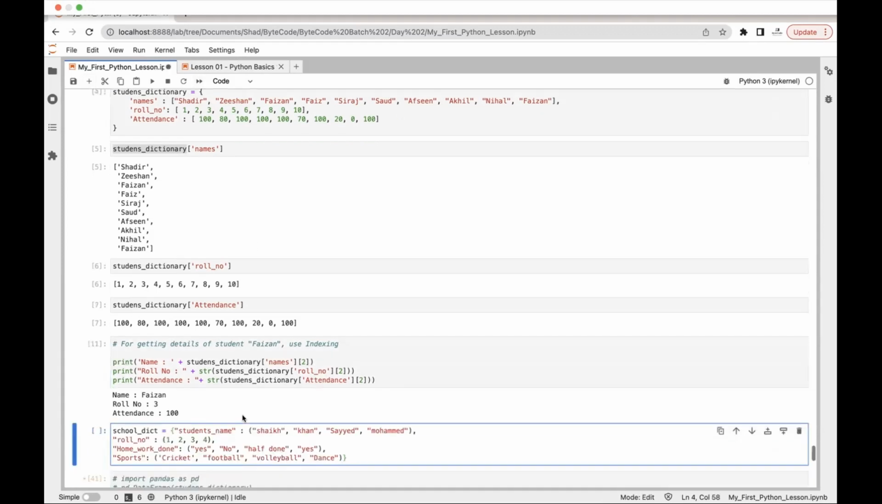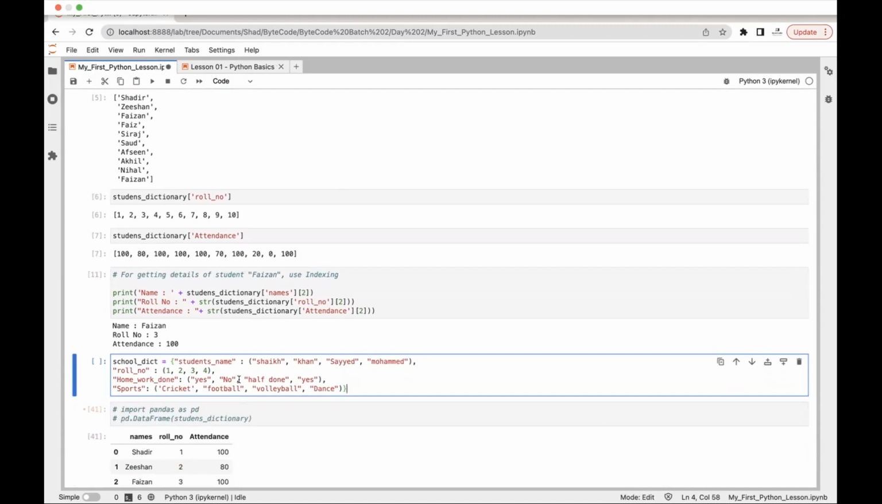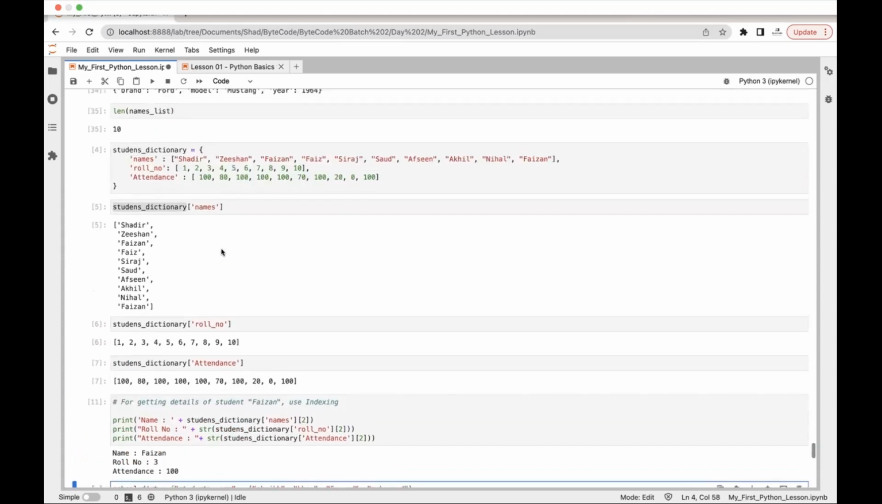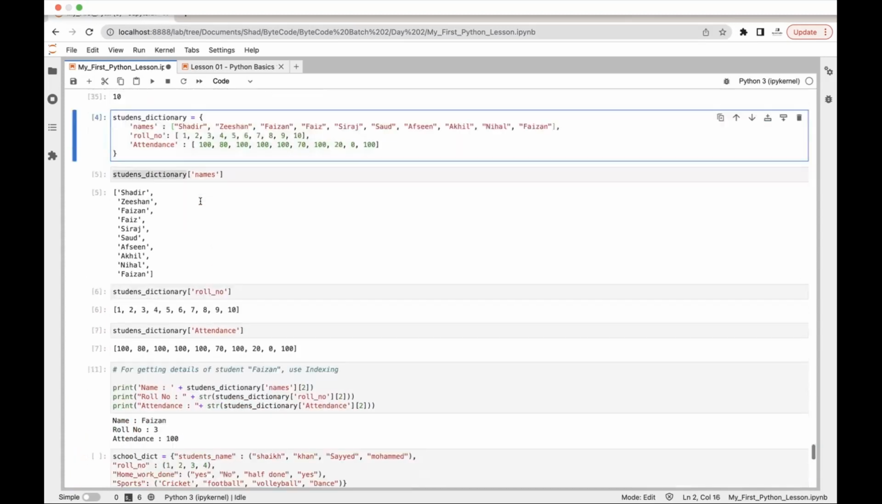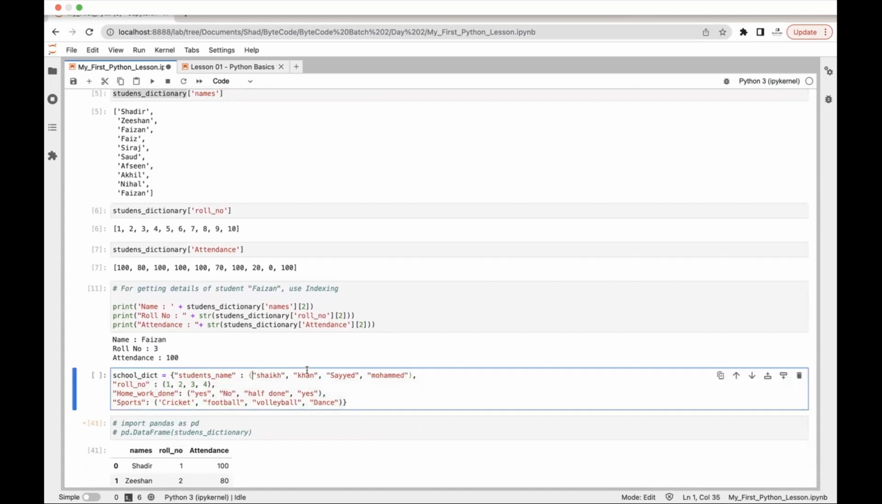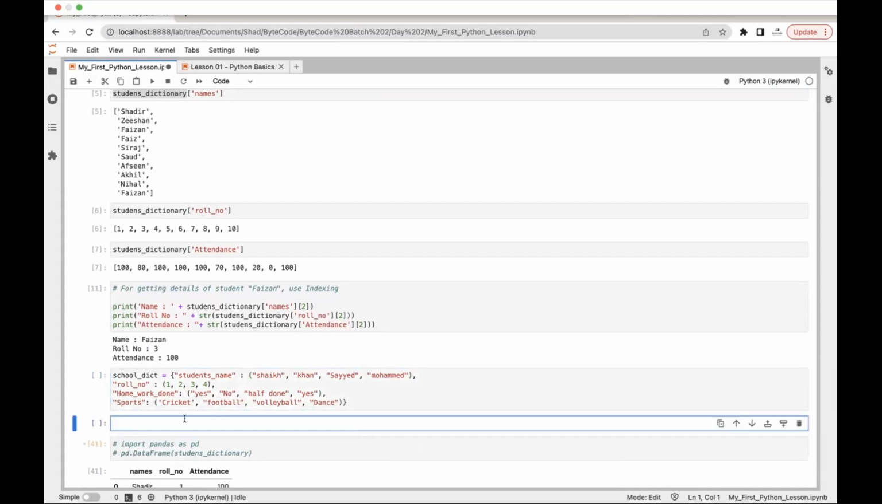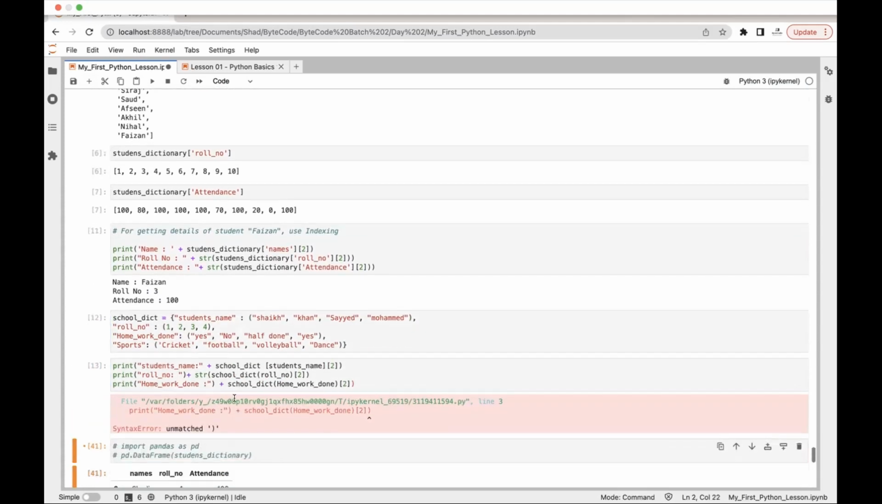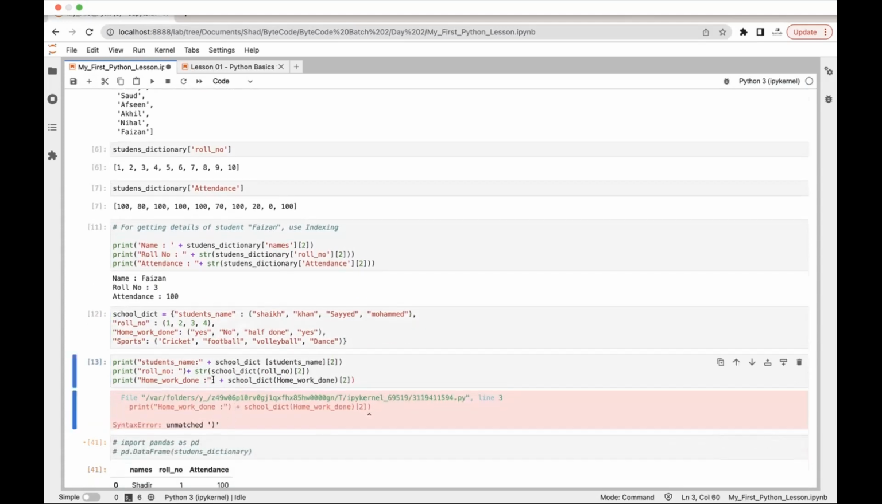Fareen has done some coding on school dict student, and she has used a tuple here instead of a list. Right here we have used a list, but Fareen has used tuples. That's a great thing. And she has written the next code. So the only error here is that you are using